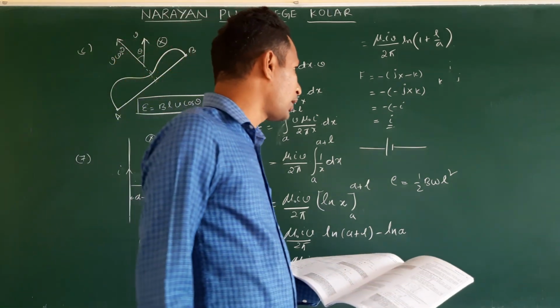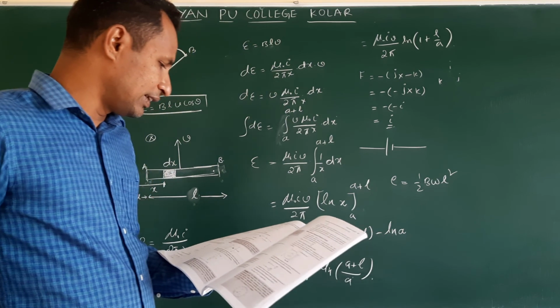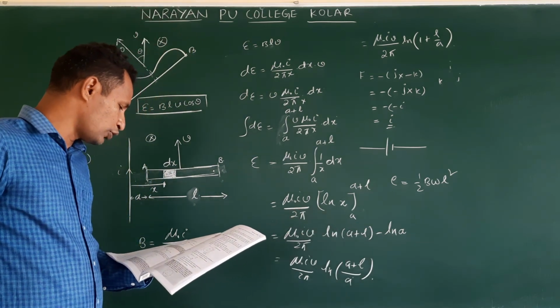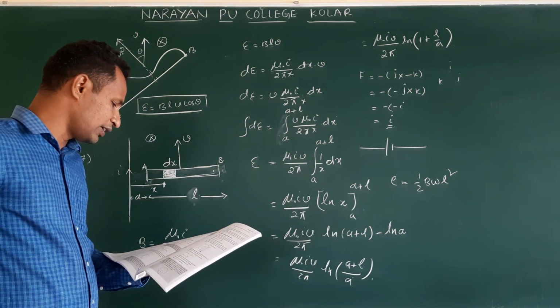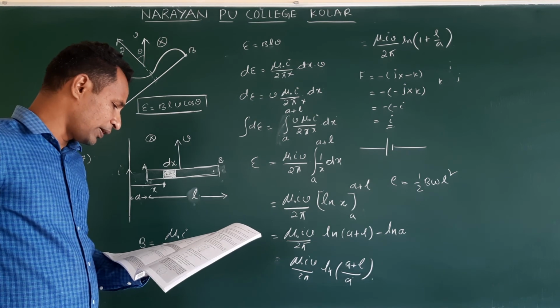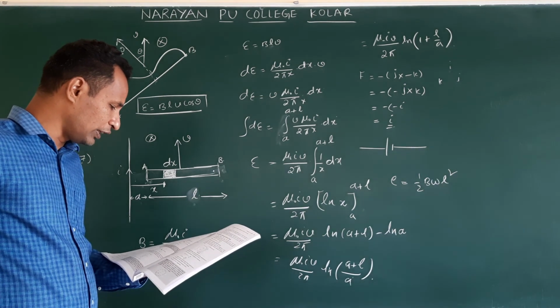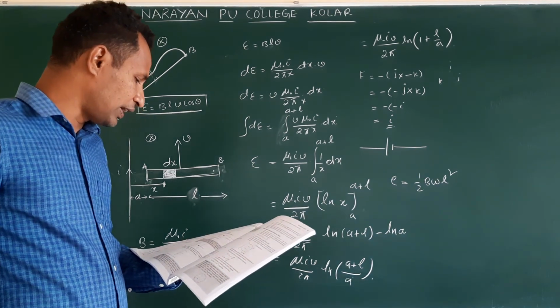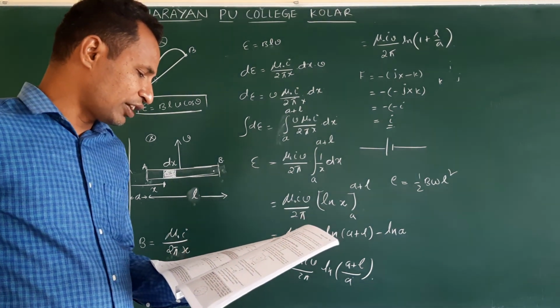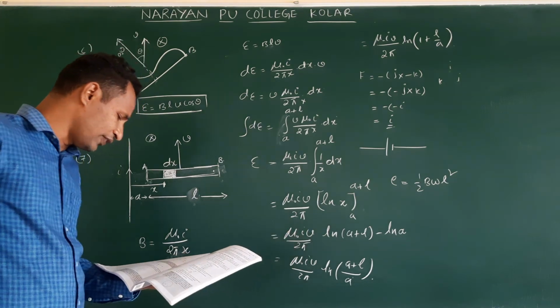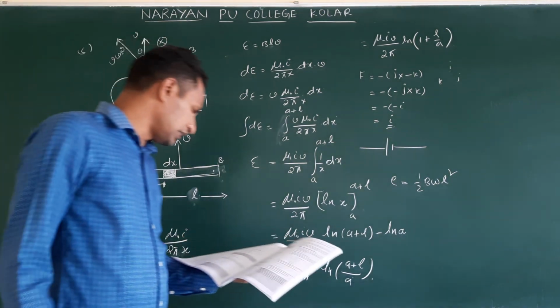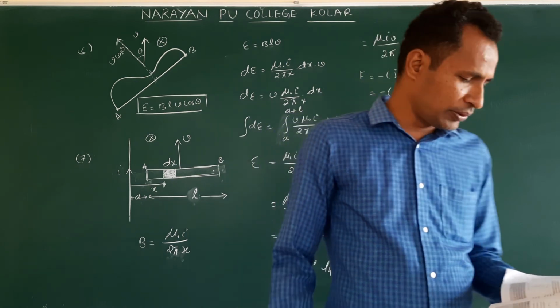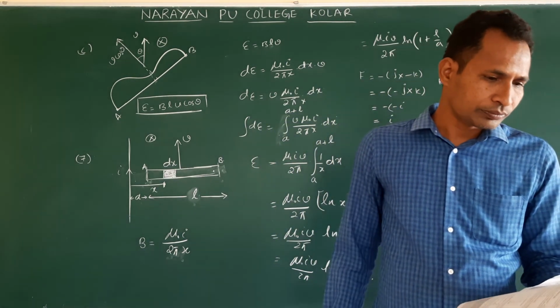Now come to example problem 14. A metallic meter stick moves with a velocity of 2 meters per second in a direction perpendicular to its length and perpendicular to a magnetic field of magnitude 0.2 Tesla. Find the EMF induced between the ends of the stick. Direct question, Blv. Nothing else is there in the 14th problem. You can solve it directly using Blv.